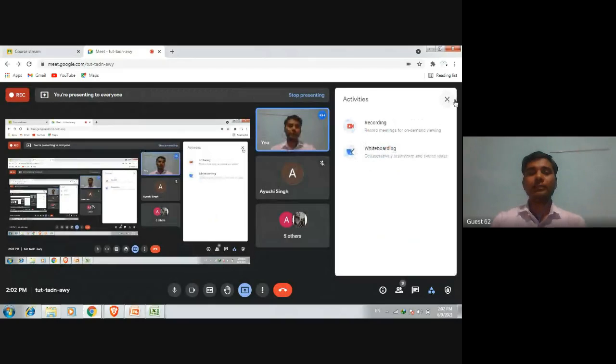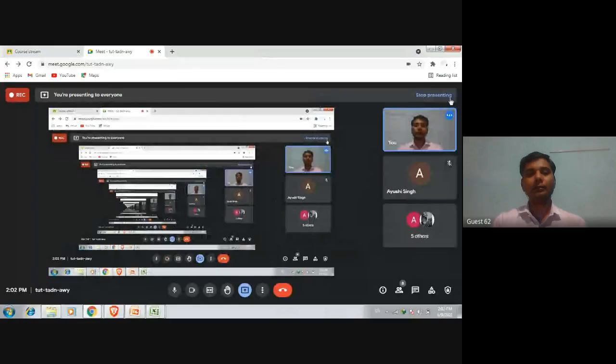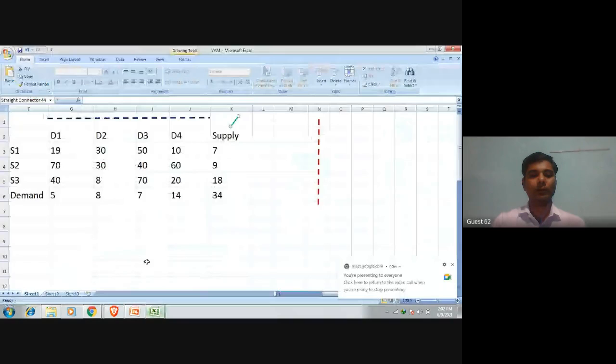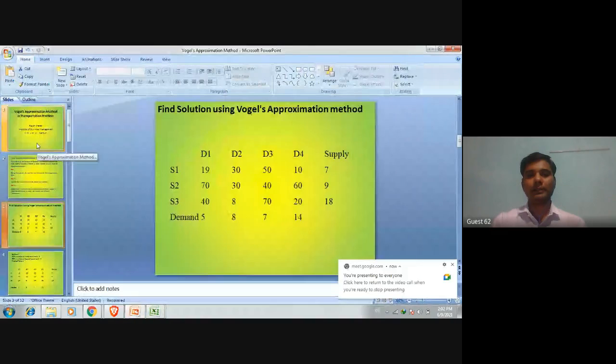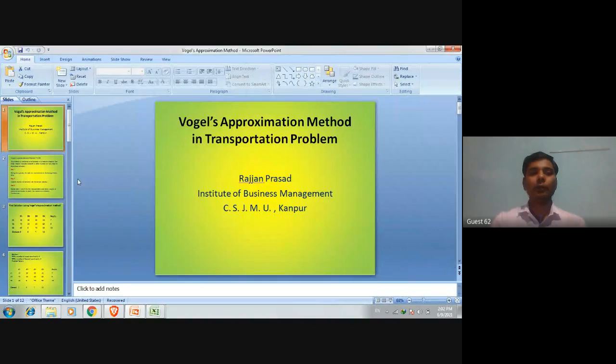In this VAM method, we will take an example and solve it. First we will see the steps involved in solving the transportation problem by the VAM method. So, let us see what the steps are. Let's start. Here we have some steps